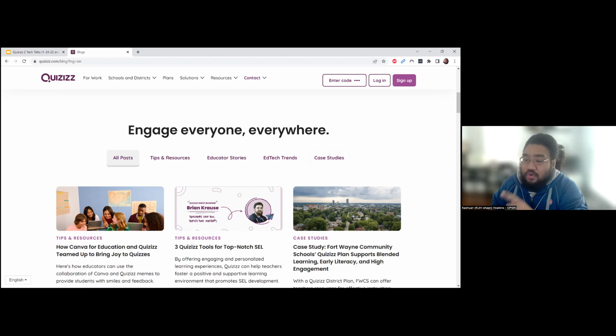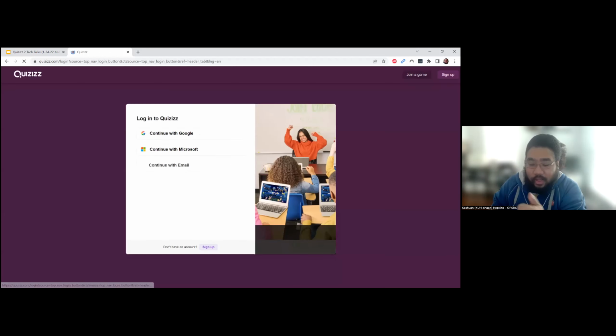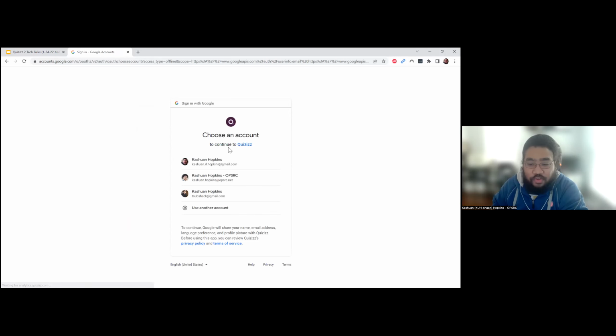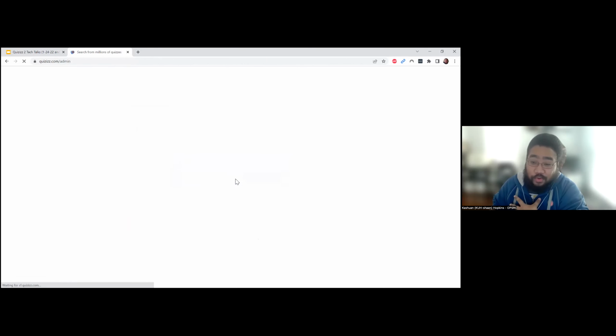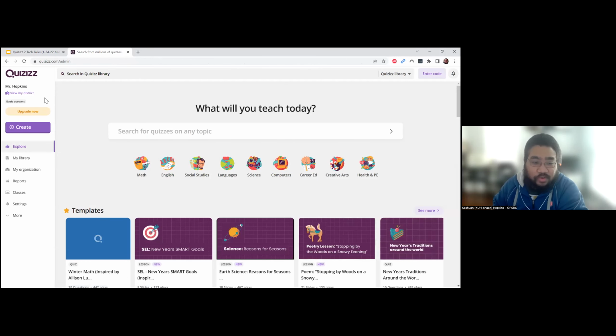But without further ado, top right-hand corner, I'm going to go and log in. You can do it through the usual way. I'm going to do it through Google, but remember you have Microsoft and just regular emails that you can sign in through here. You'll see the dashboard, which they've redesigned a little bit. The left side navigation bar is still essentially the same. At the top of my screen, I still have that library there,